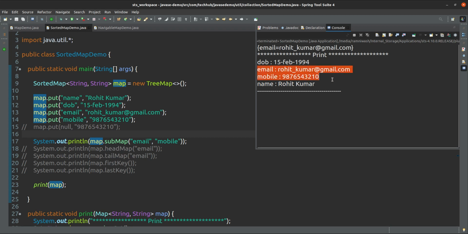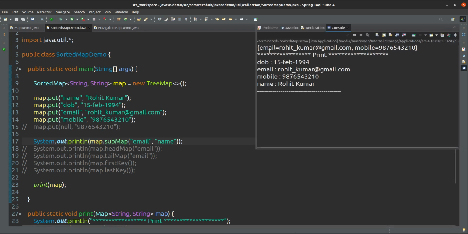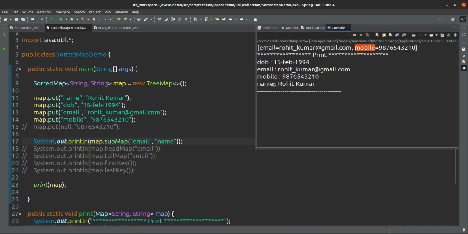How many keys or entries are coming in that? All of that it will take. Suppose you take name here, then how many will come? Three will come: email, mobile number, and name.